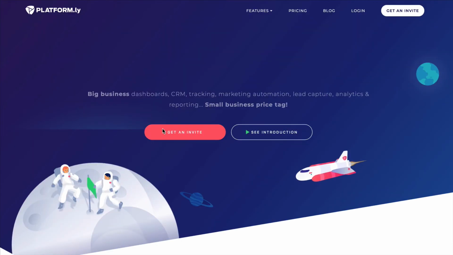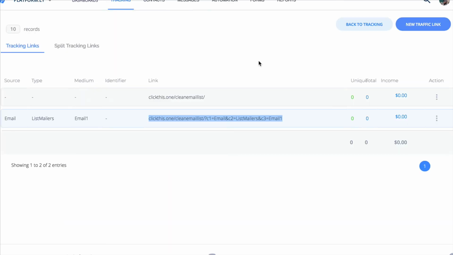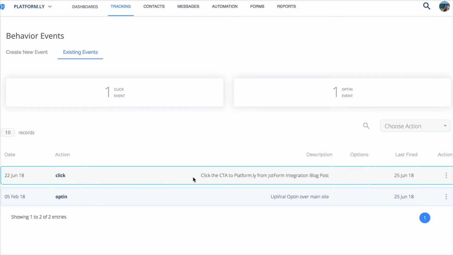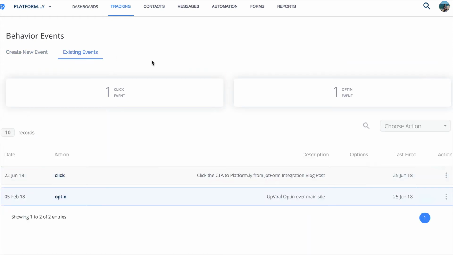And now we've clicked the link. So when we go back over here, let's go to events. So it's here, click the link, right? And it was last fired at this time, so we can view that. And then what we can do is set up a funnel for this, all right? So let's see the stats here.